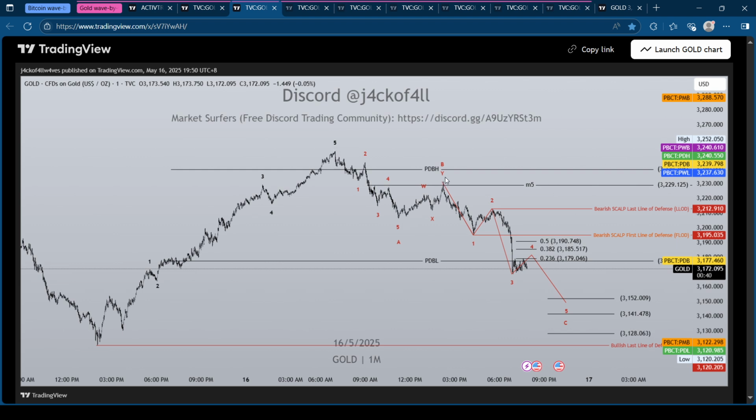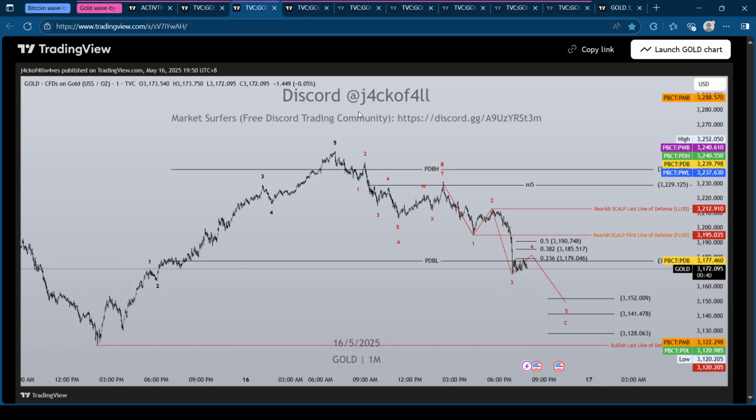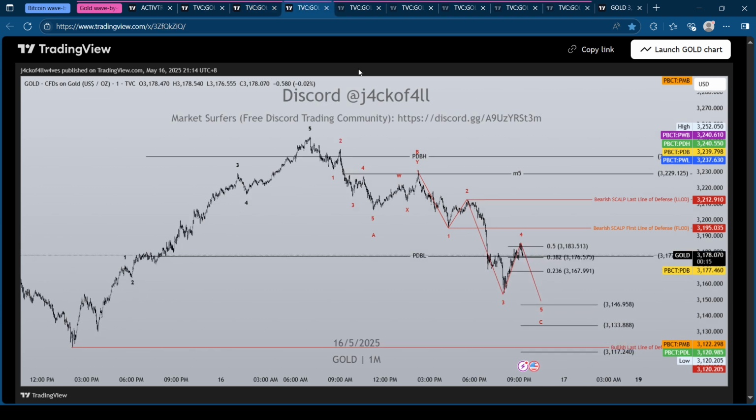So it created 3 waves up, and then I projected that it will create 5 waves down. Let's see what will happen after that. So 1, 2, 3, 4, 5. Actually, this should be the 3 and this should be the 5 in this particular case. But originally, I had a shallow wave 3 here, and then 4, and then 5. But upon looking at the internal waves, I reconsidered, okay, there's a possibility that wave 3 is extended. So this is the extension scenario.